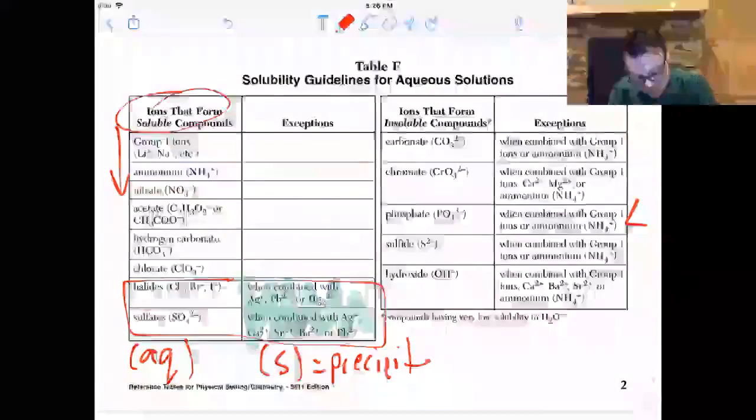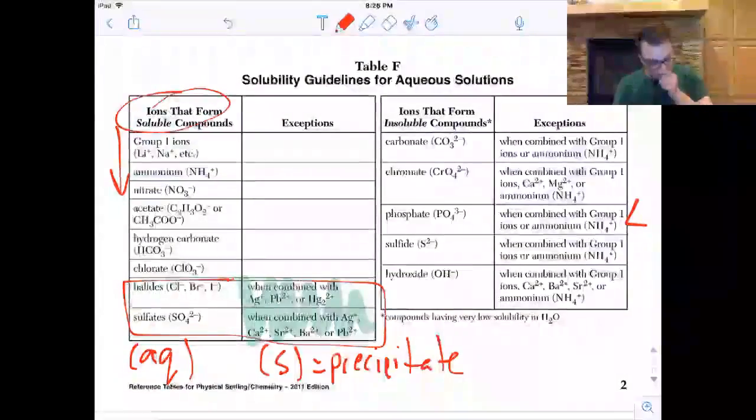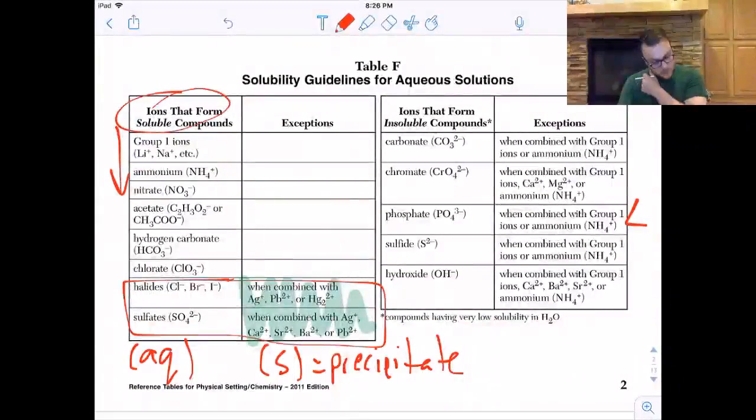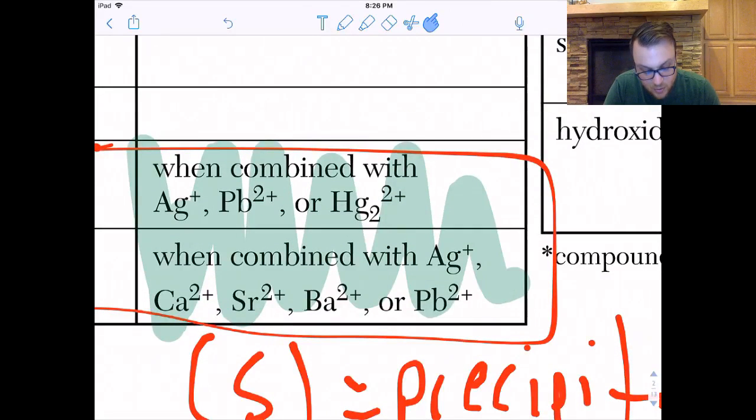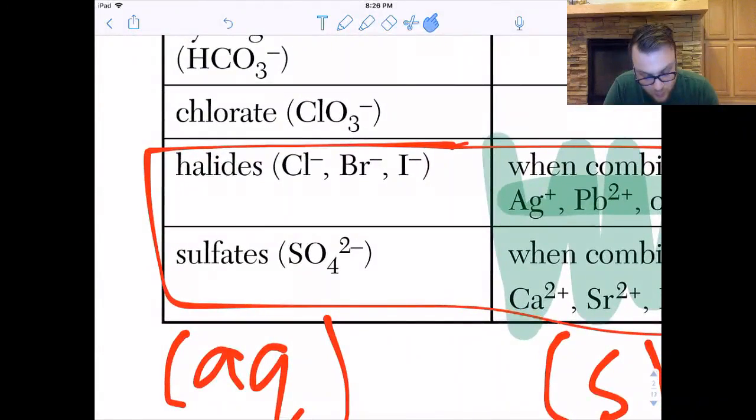Anyway, what does that mean? So, when Ag, Pb, or Hg are combined with Cl, Br, or I, they will form an insoluble compound,